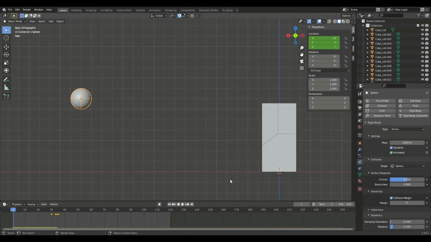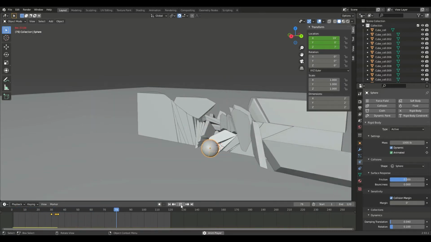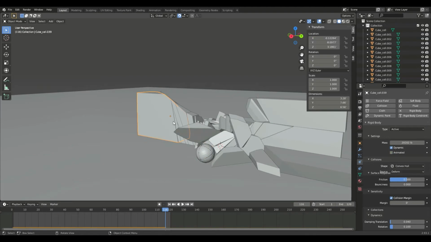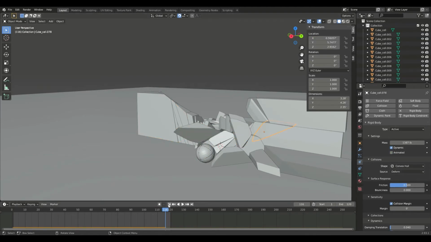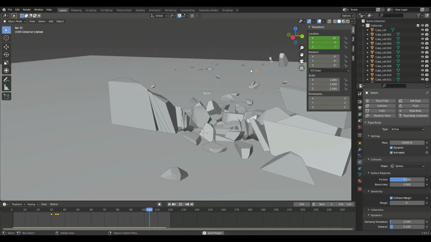What that does is, when it's animated, you have to animate it. But when it's unanimated, it just falls to the ground with physics, and the gravity takes over. So when it's already going super fast and then we unanimate it to where it's falling with physics, then it looks really nice. See, now it hits it and the ball falls. But since all these concrete pieces are so heavy, the ball doesn't go through. So what we're going to do is give this 10,000 pounds. And then watch it go. So now the ball just rolls straight through.